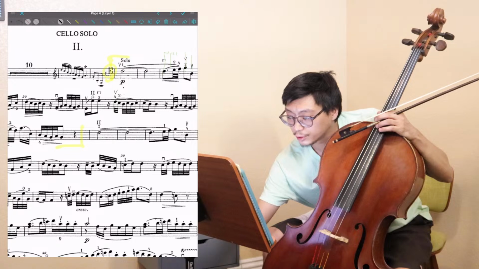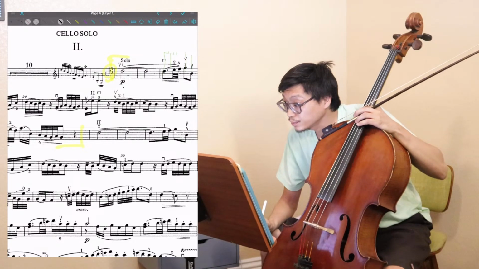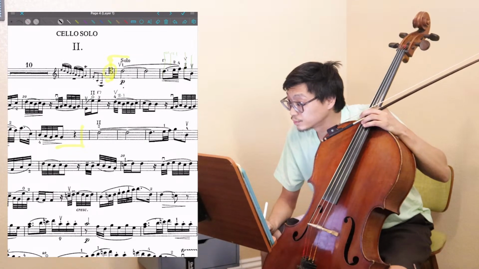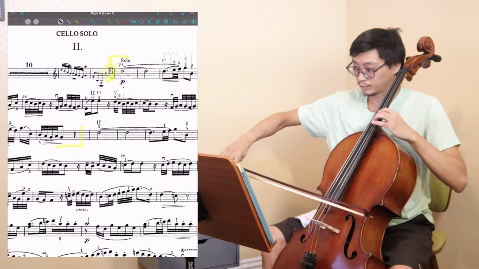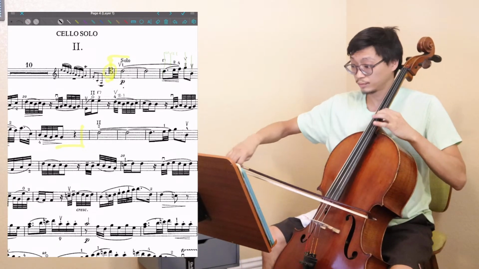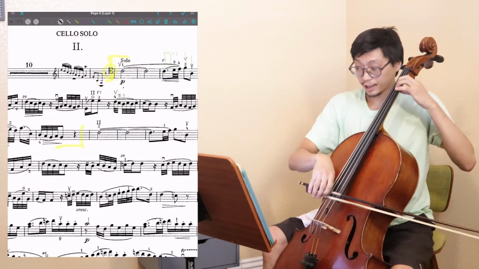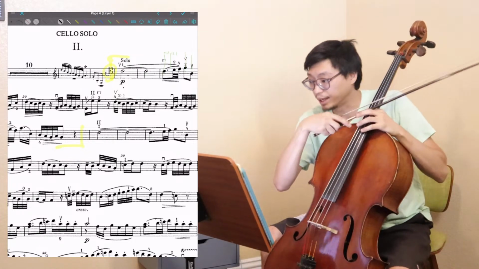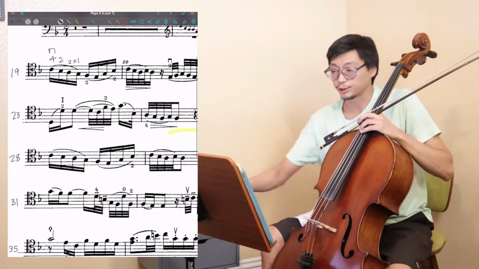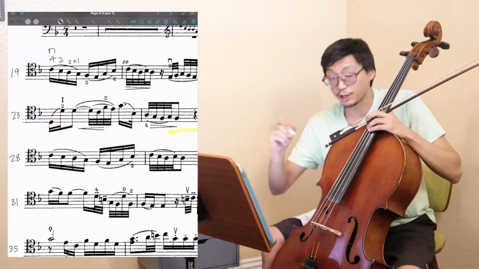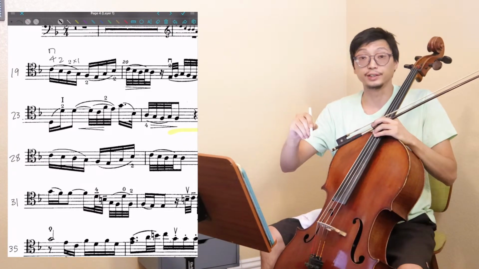Stay, 4, 2, 1. Stay. And then the next line, measure 23, instead of playing that D on the D string,